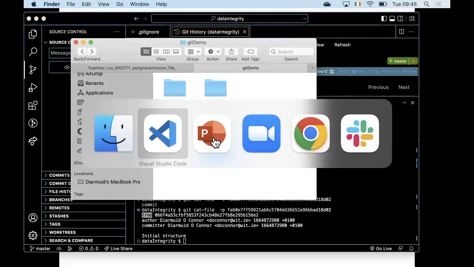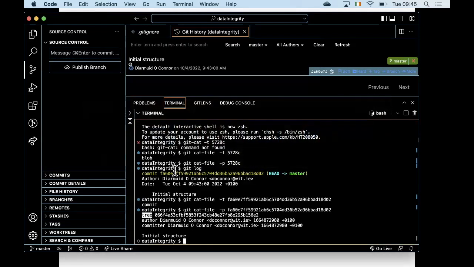So my commit object is telling me where to find the tree object corresponding to the base folder. So if I follow that path, if I copy that value and keep on using my git cat-file command,